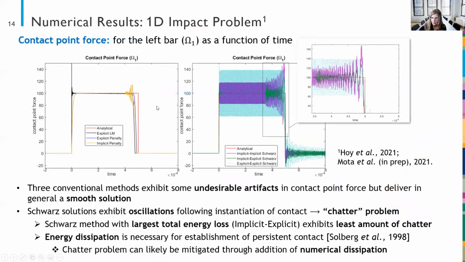Unfortunately, it turns out that the Schwarz method's ability to conserve energy so well has some negative consequences. You can see that by looking at the contact point force. This is shown for the conventional methods on the left and for the Schwarz methods on the right. For the conventional methods, while you see some undesirable artifacts like this overshoot and some oscillations, in general, you get a pretty smooth contact force solution, right? That's not true for the Schwarz methods. You can see a lot of oscillations here,